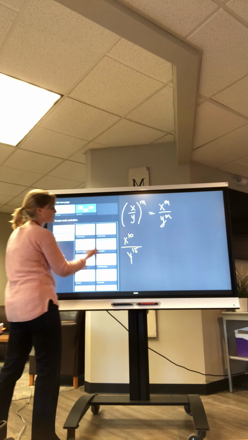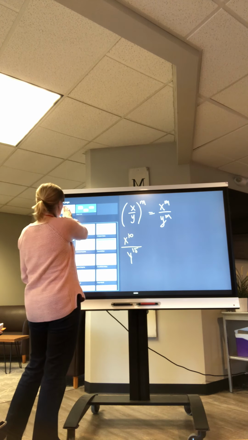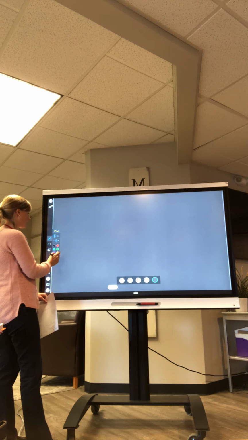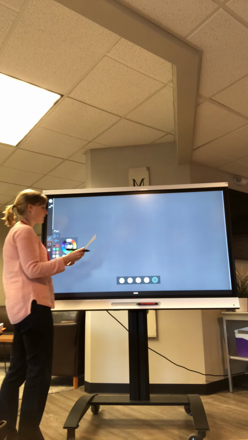So this is part 2 of Thursday for Algebra 2, properties of exponents. So I just went over the properties and now I'm going to do some examples. So the first example